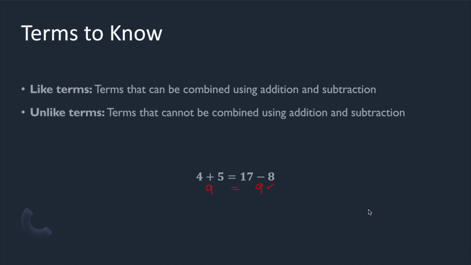Now, if we have this equation where I've replaced the 4 with x and 8 with 2x, you can see that x is equal to 4 because all I've done is replace this. And if you want to check, 2 times 4 does equal 8, so that's true as well. So x should be equal to 4, and you're correct. But we have a variable on two sides, so how are we going to solve this? Let's move on to the next slide.